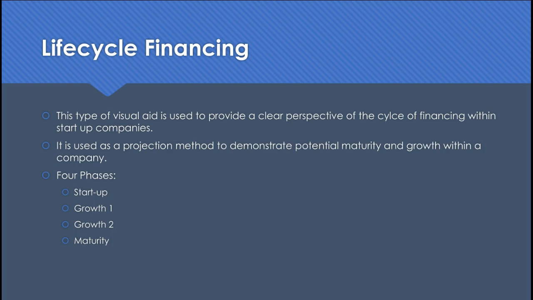Once you've reached the maturity level in the life cycle of financing, it's important to know that most companies don't tend to continue to grow forever. At some point, they'll taper off and level off for one or more reasons. The first reason is success and profitability draw competitors into the market. Demand for the product or service is largely satisfied due to market saturation. There may be a technological or generational shift in your product, or a loss of ambition, agility, or innovation as the organization grows larger and older.